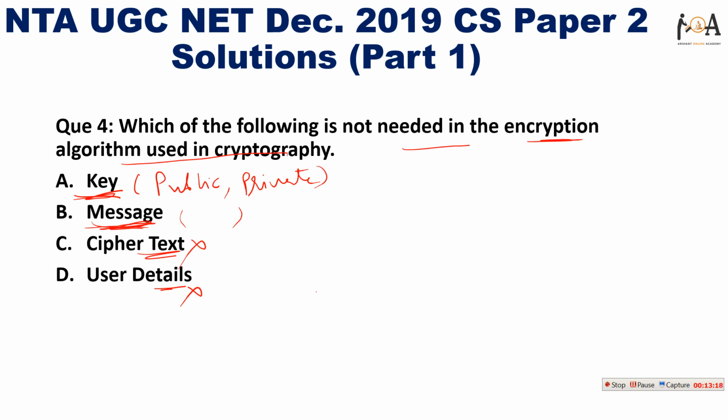But in the NET exam, only one option is correct, and as per the answer keys, options C and D are the correct answers. C and D are mentioned by NTA UGC NET as correct answers, meaning the students who have attempted D as well as the students who have attempted option C, both will be considered correct, right? So C and D both are correct answers.